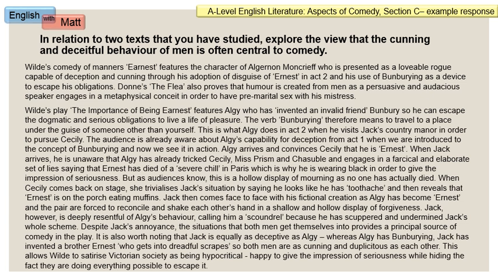Now, potentially, they could have said a little bit more, perhaps, about what goes on in Act 2, but this meets the criteria for a good essay in an A-level. And remember, of course, Earnest is only half the essay, so it's okay to move on, even if you are aware of other things happening at that moment.